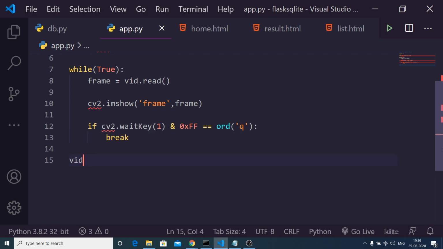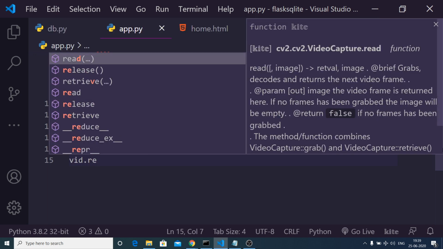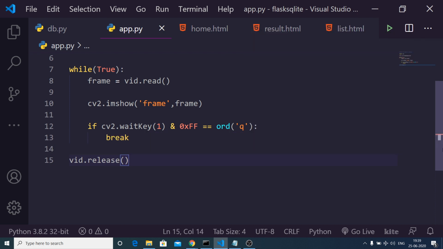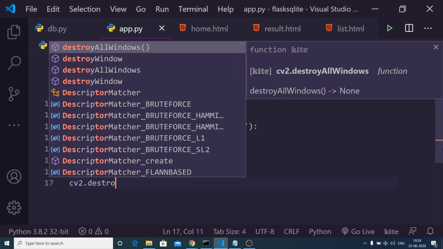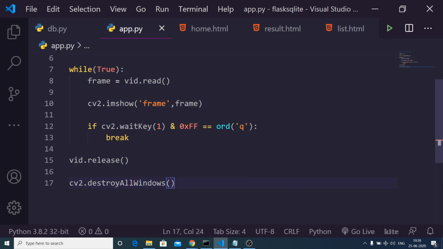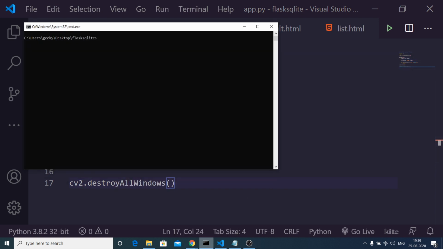First of all, we need to release the video by using the release method, video.release. And secondly, we need to also destroy the window. So cv2, there is a method which is destroyAllWindows. This is a method, destroyAllWindows, that's it. So this completes the application. Now I run this by executing python app.py, and what you will see is that it will